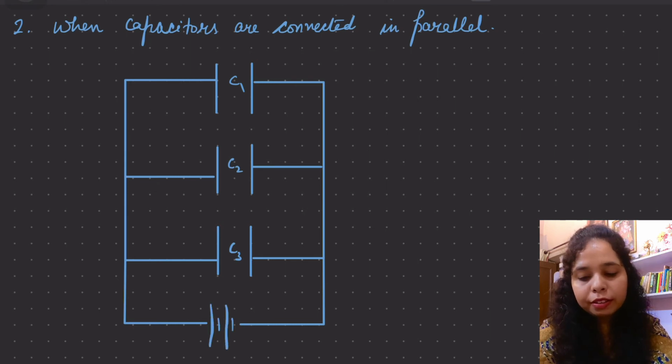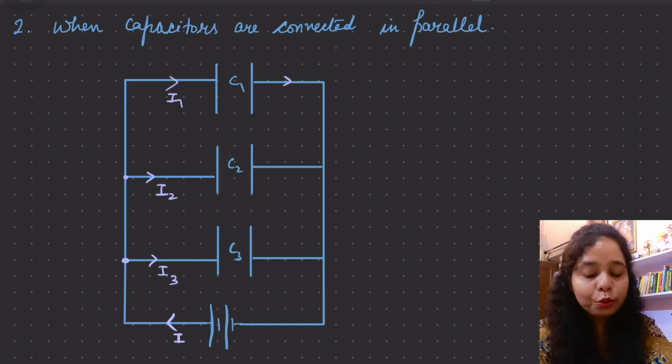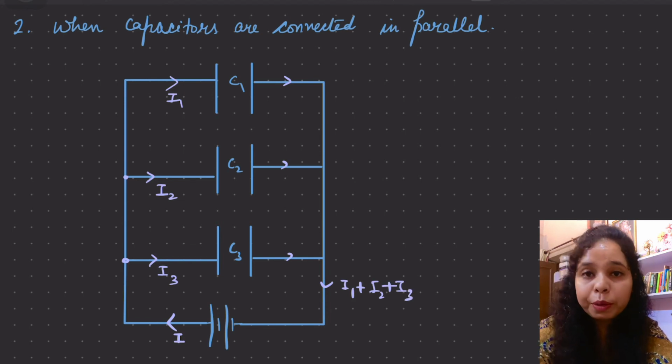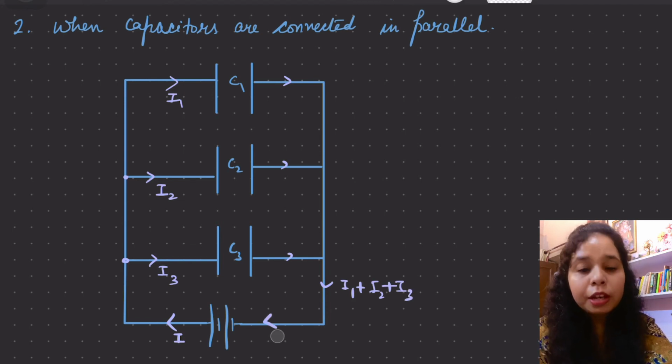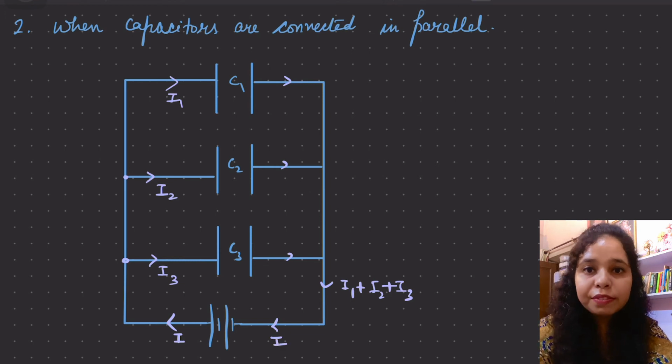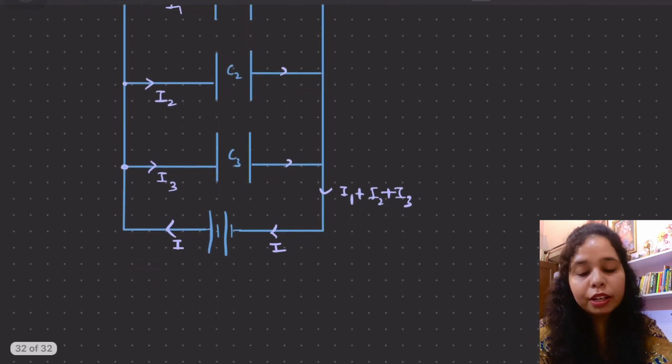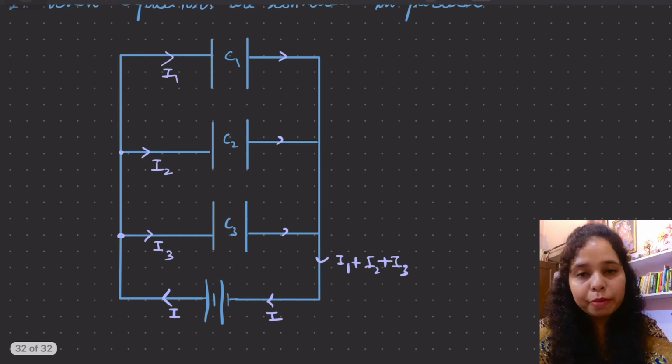And this is a battery from where current I is flowing, but on reaching this point it will find its way, so some amount of current will pass through the third capacitor. I have marked it as I1, but it will be I3. Let us say I2 current is passing through C2, and similarly I1 current is passing through C1, because current I has divided itself into three parts, that is I1, I2 and I3, passing through the capacitors of capacitance C1, C2 and C3 respectively, and in return the same current is going back to the battery.